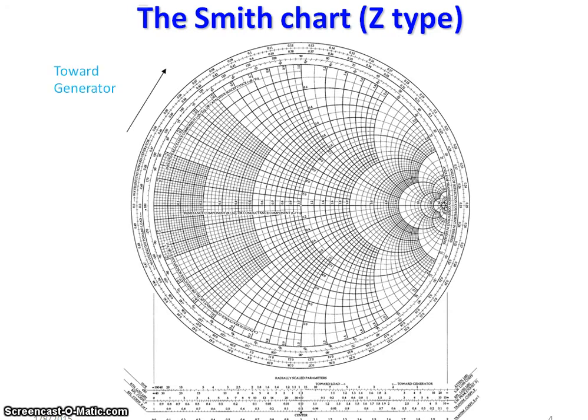When we move on the transmission line, on the Smith chart this is indicated by moving on the outer circle of the Smith chart. If you move in the clockwise direction, then you are moving towards the generator, that is from load to generator. If you move anti-clockwise, then you are moving towards the load, that is from generator to load.